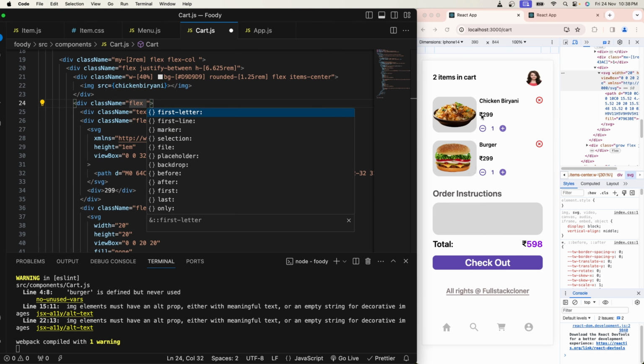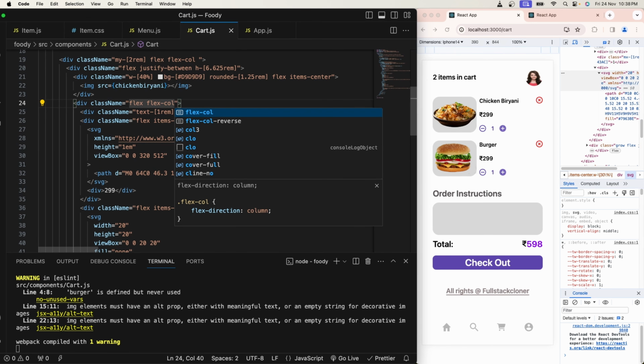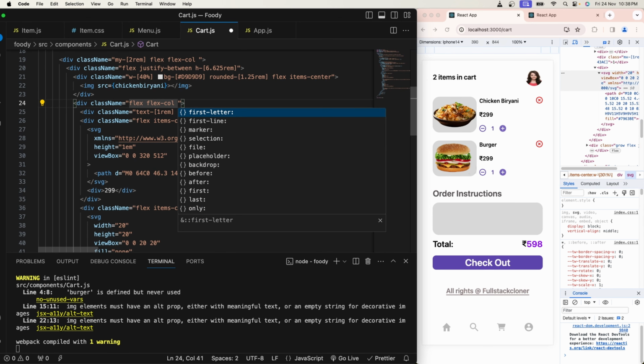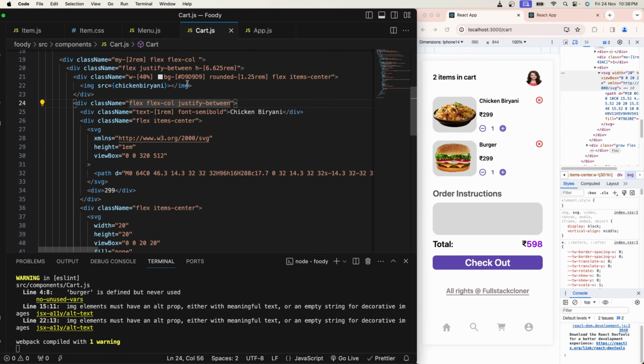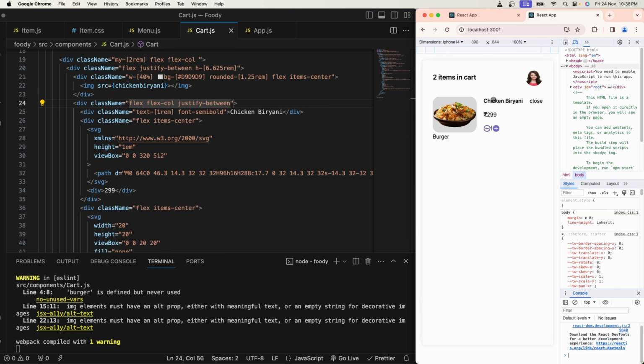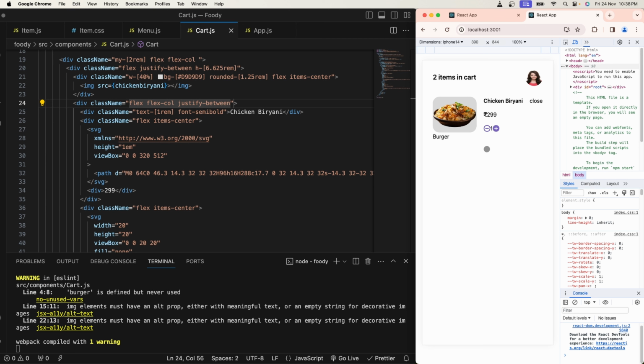So I'll make these 3 divs to be inside my flex and they're aligned flex column. And then what I do is I'll just give justify between so that they occupy the whole div, and this is exactly similar to that of my parent div. And then